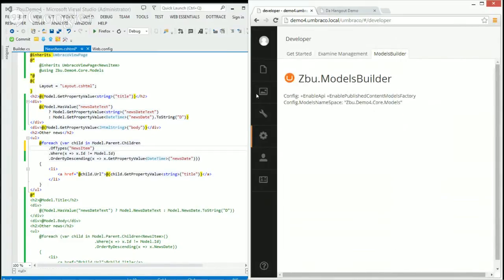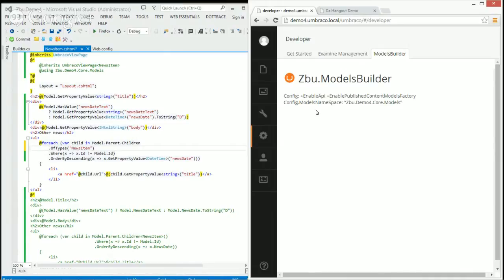It just reports to you that the API is enabled, so Visual Studio could talk to the website, and that the published content models factory is enabled, so that we will use the models if we have some. But at the moment, we don't have models. So it's very basic. We just install the thing, and it's doing nothing.